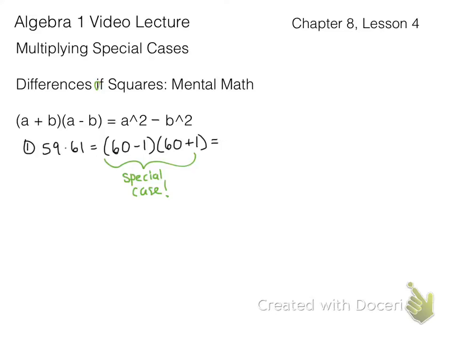All right? So again, this one still equals 59. This one still equals 61. I'm still doing this multiplication, but I'm turning it into a special case so I can do mental math a little faster. So a is going to be 60, b is going to be 1, and I'm going to get 60 times 60. Well, 6 times 6 is 36, and then add 2 zeros is 3,600. 1 squared is still 1, so it's 3,600 minus 1, which is